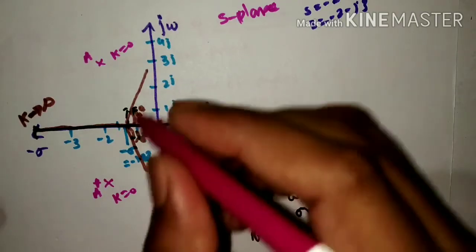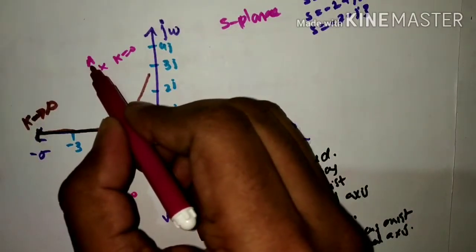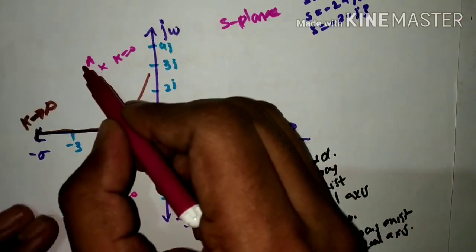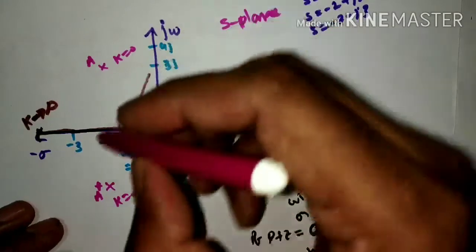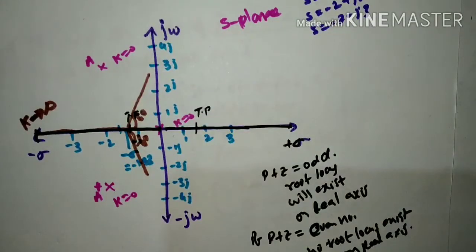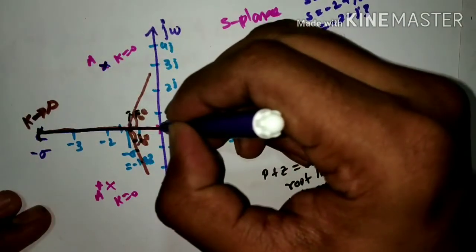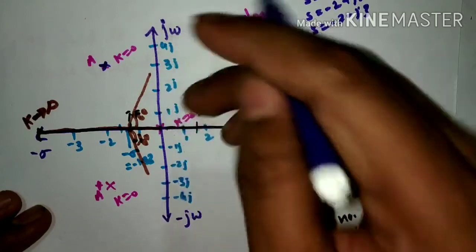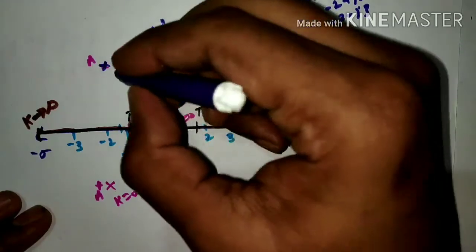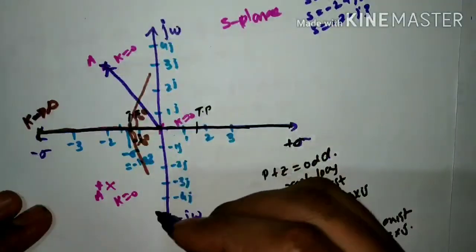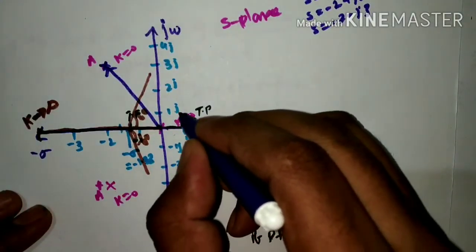So what is he saying here? Sum of angles of vectors to the complex pole A from other poles. It means you just draw one vector from this pole. We are going to find the angle of departure here. So you have to draw a vector from the other poles to this pole. I am going to draw a vector like this, and I am going to give an angle,